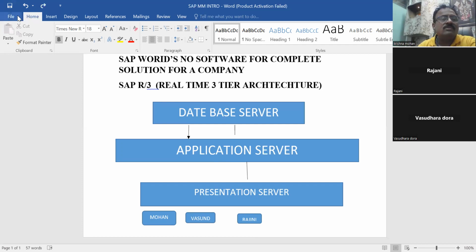Sir, is there any queue, if in your example Vasundhara is waiting for the database server request? Yes, a queue will be there, Andy. See, this application server will maintain the queue. Suppose any emergency data we need to give, they will hold Mohan and give Vasundhara's. It depends on how much of an emergency and how fast we need to do that. I think priority will be there. Exactly, you are right.